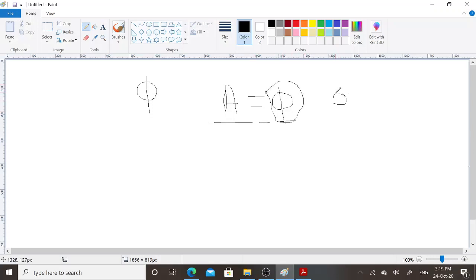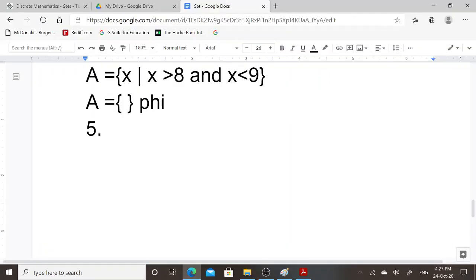and this is the symbol of phi: a circle and one vertical line. Next is subset. What is subset?